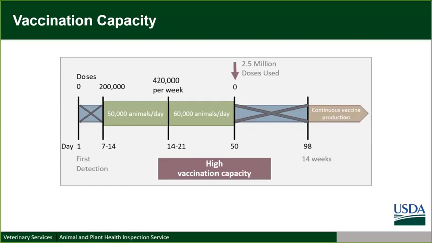And this is just showing the high vaccination capacity type of scenario, where you have more doses available during that same time period. Again, one of the issues is how soon you run out of doses, based on how you apply that vaccine and what's available within our vaccine bank. This is where modeling can be really helpful, so we can evaluate those what-if scenarios and help identify optimal control strategies that are scientifically evaluated before an outbreak. That's also why having a vaccination plan and testing those plans before an outbreak is so critically important.